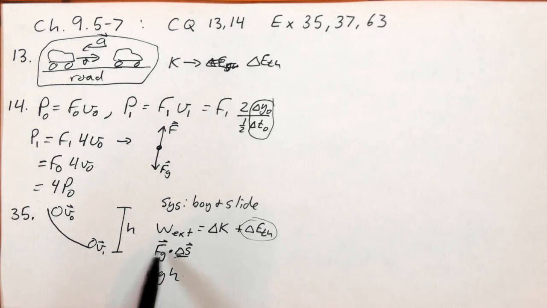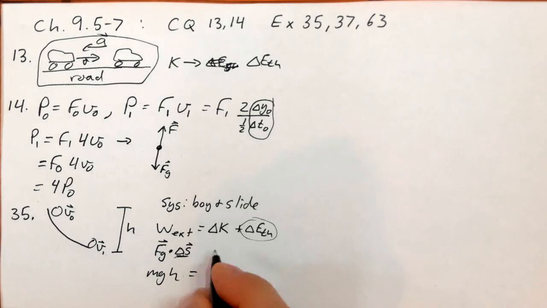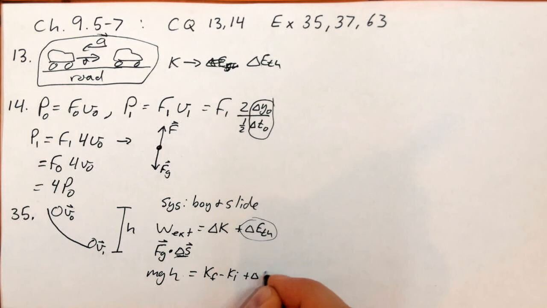So that's what the dot product does. It only cares about how much of these are parallel. Since Fg is straight down, I can just choose the straight down component of displacement. And then that's going to be equal to K final minus K initial plus delta E thermal. K final is 0, so delta E thermal then is, adding it to the other side, we get